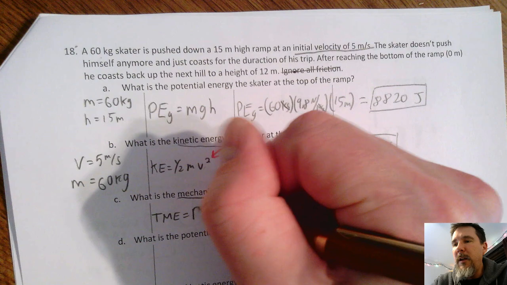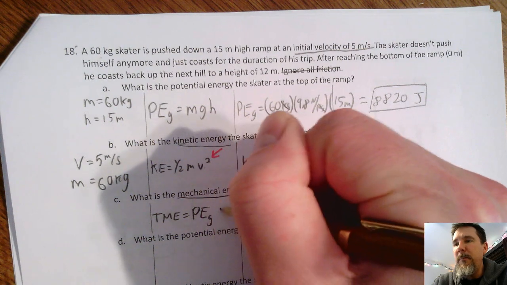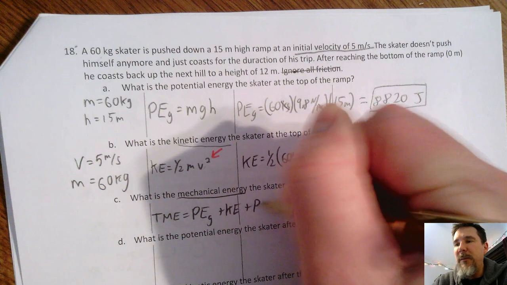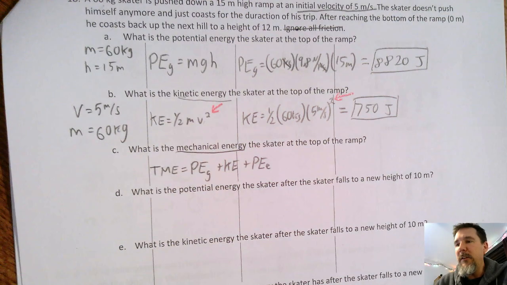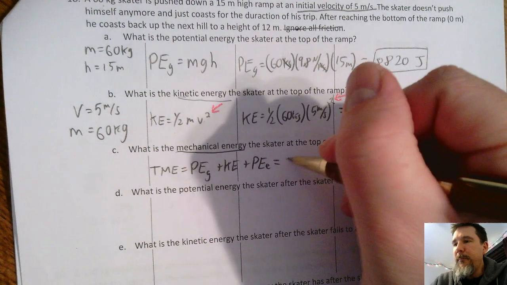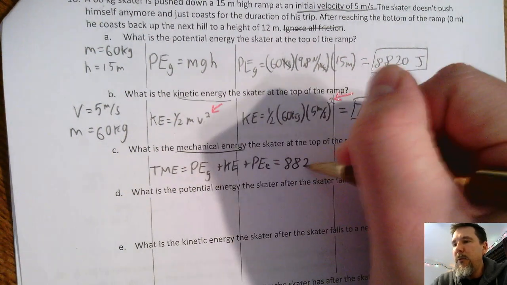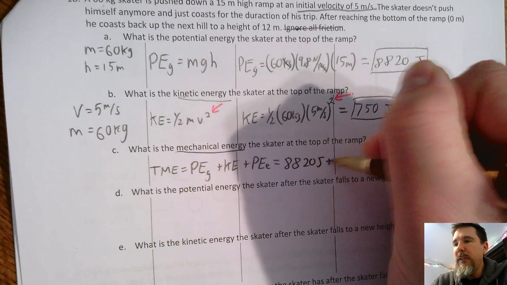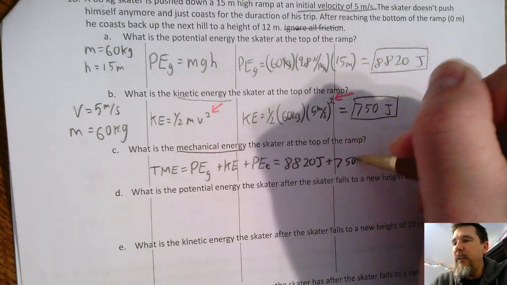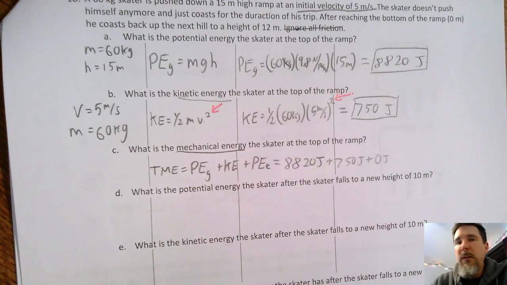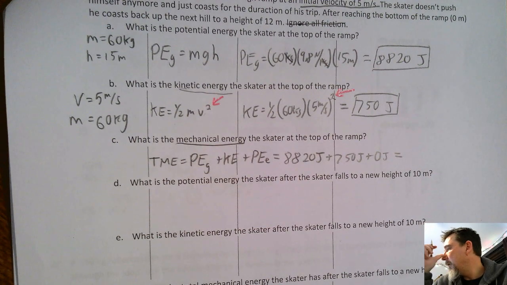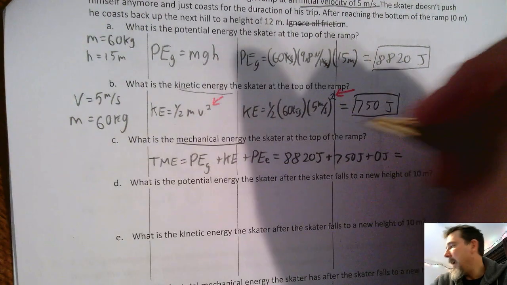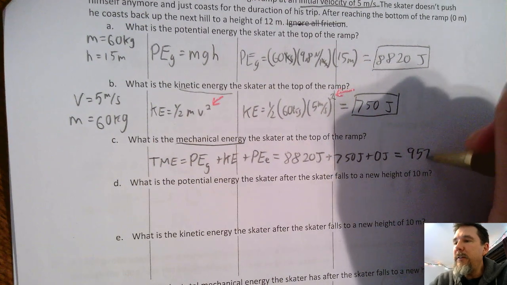It's just going to be the PEG plus the kinetic energy plus, I mean, we don't have any, but I'm going to write it down there anyway, the elastic potential energy, which we don't have. So that is going to be my 8820 plus kinetic energy is 750 joules plus 0 because we don't have any springs involved. And so my total is going to be, and this is going to be letter C, so I got 9570 joules